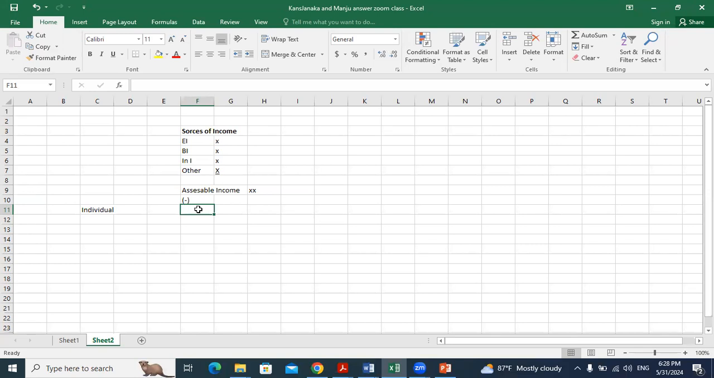Thereafter, from this we can deduct 1.2 million. What is this 1.2 million? Per month 100,000 into 12, 1.2 million. This is the relief. Thereafter, we can deduct